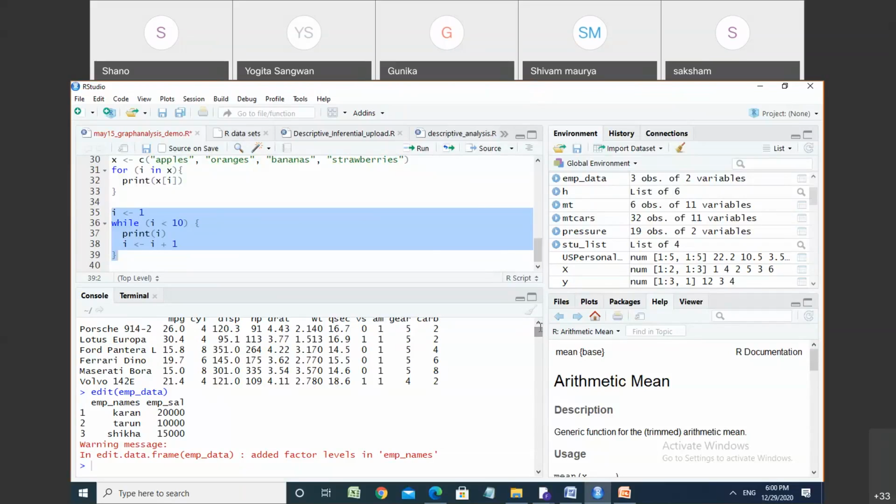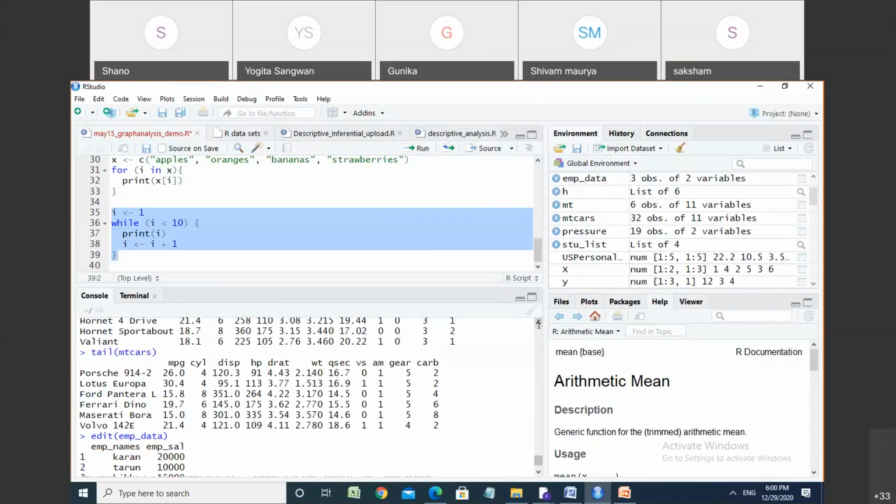The data frame concept we will continue in further sessions also. For the time being, we are just using one, the user defined data frame. For that, you will first have to create your data. It can be in the form of simple one-dimensional vectors, and then you can put their names in the data.frame command. Fine, students. It will just construct in the form of rows and columns. You will have to put what is going to be your first column, second column, third column, and so